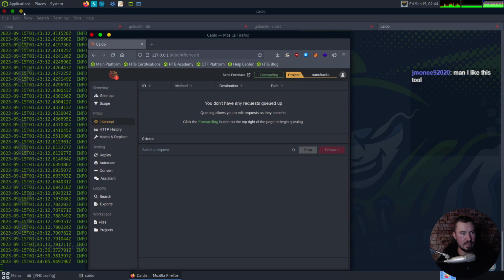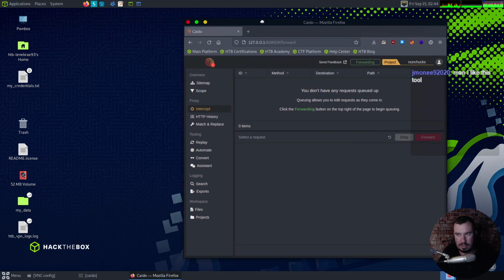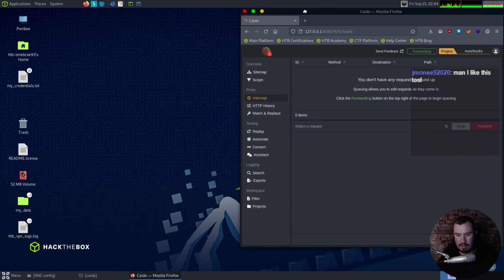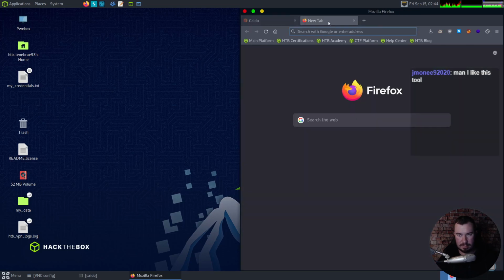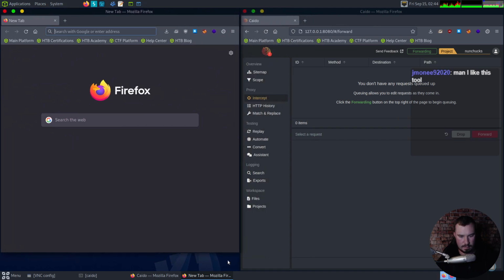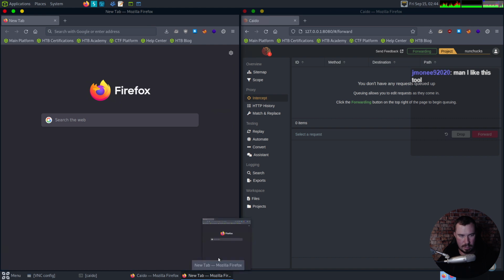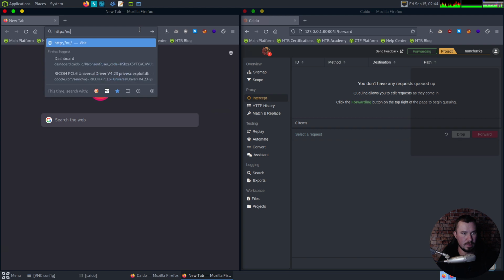The only downside of this in the PwnBox is I like to use my Windows key and arrow to snap it to the side of the screen, but it's not going to let me do that. So I'm going to have to manually set this up. Not too big of a deal. Then we'll pull this one out and pull this one over here. There. That looks good to me. And now we'll go to